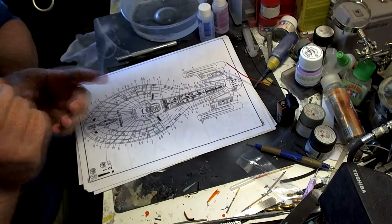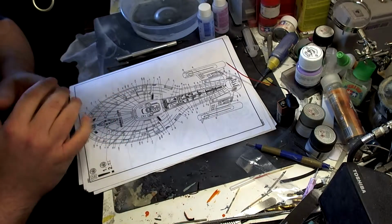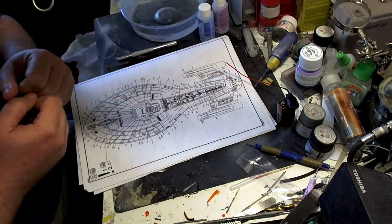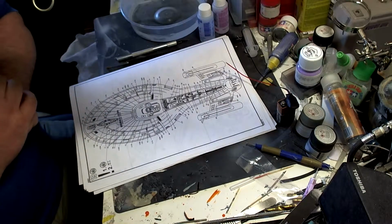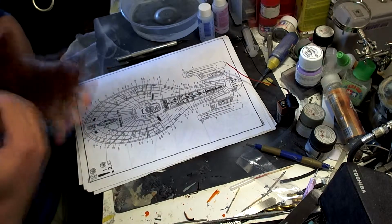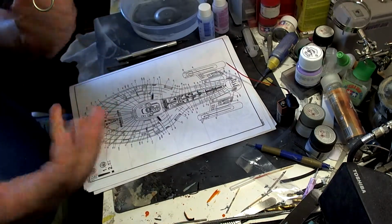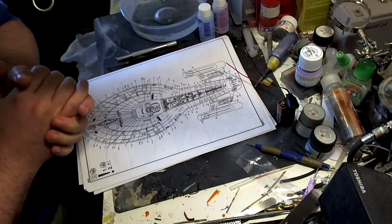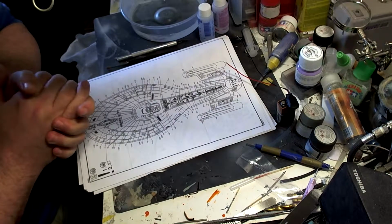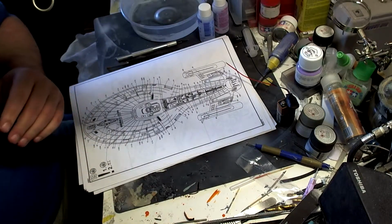This is going to be the second to last video. I think there's going to be one more video after this where we're going to be doing some minor panel lining, but I wanted to do the decals first. I personally think decaling you can do either way, but I'm doing it this way just because I want to. Anywho, so I've had to really put my camera quite high up, as high as I